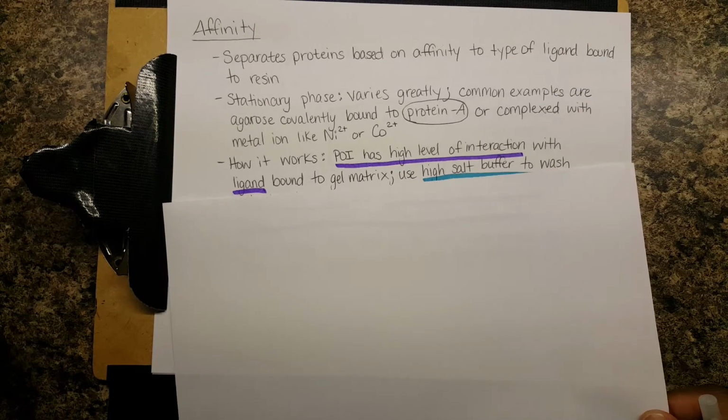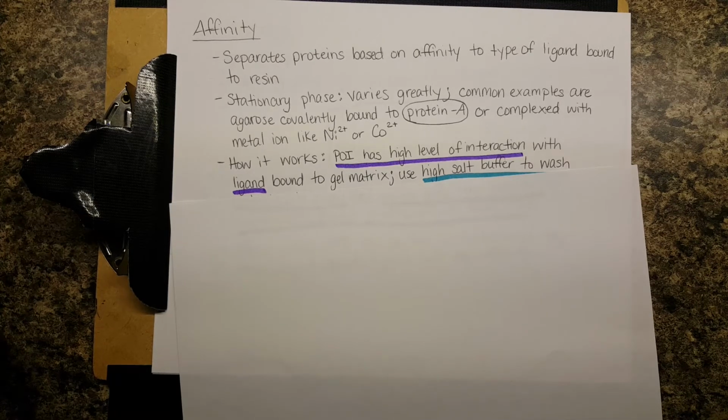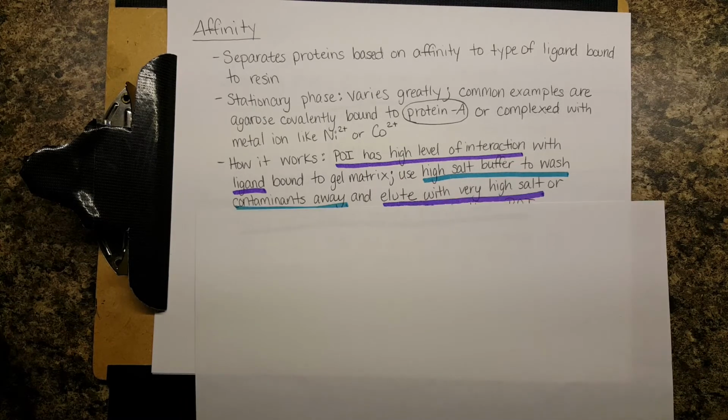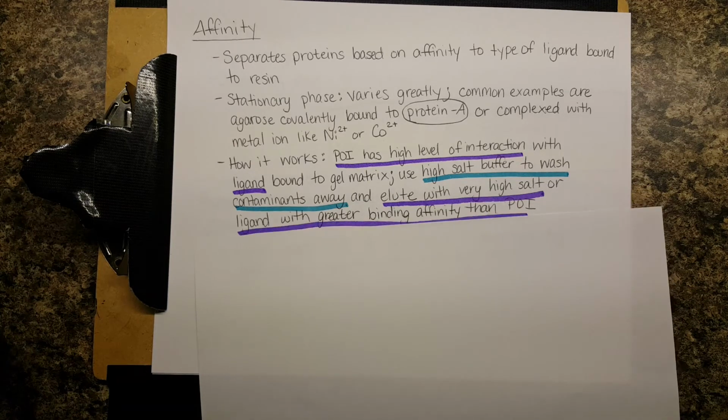So the way this works, we're going to cover up some of this. Your POI has a high level of interaction with whatever ligand is bound to your gel matrix, so whatever agarose plus protein or metal or something like that. You use a high salt buffer to wash the contaminants away, and then you elute with either very high salt buffer or with a ligand that has greater binding affinity than